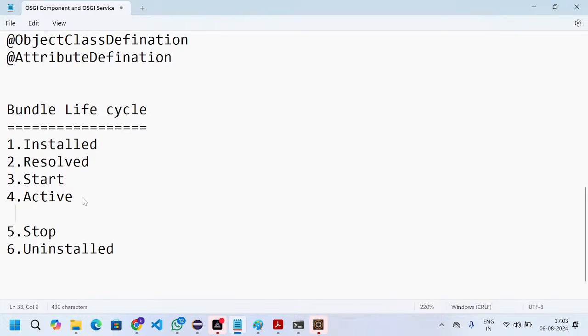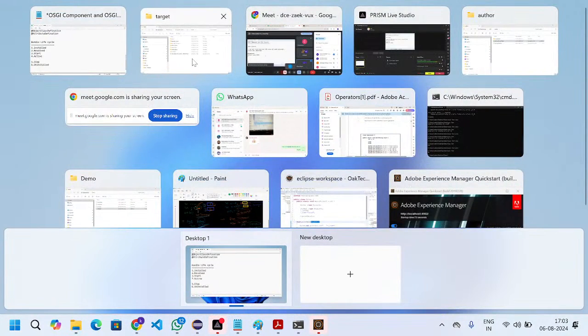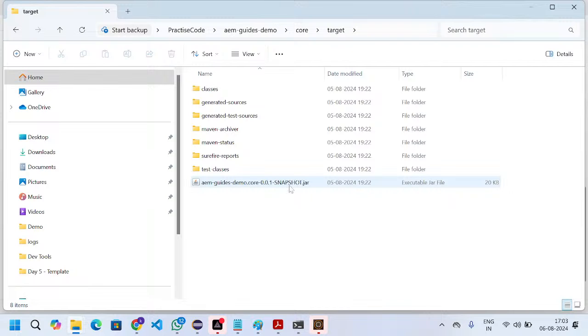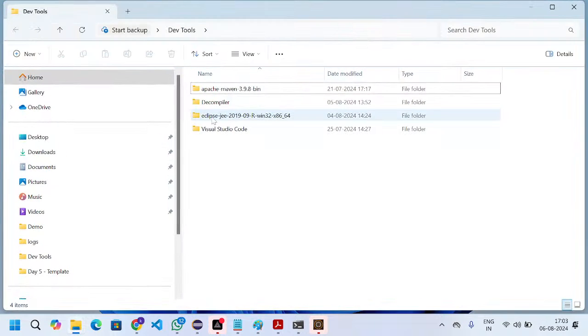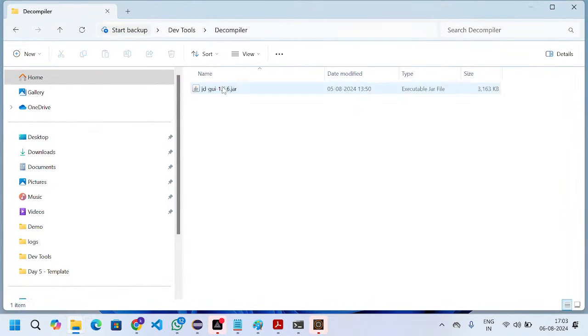When the bundle gets active, then what will happen? Our OSGi components also get active. So before going to activate the OSGi configurations, I will show you what will happen. Basically, this is our Java file, right? I will open this Java file using my decompiler. This is my decompiler, and if I open my decompiler,